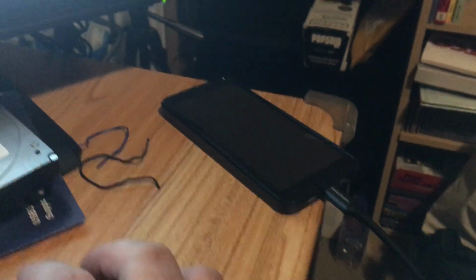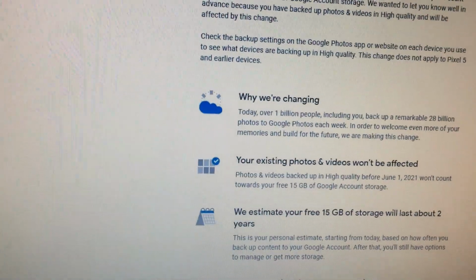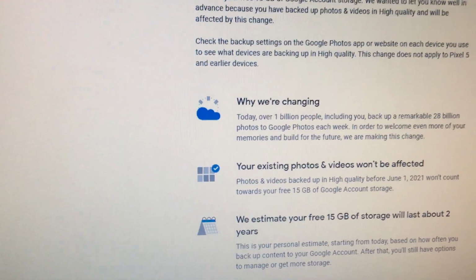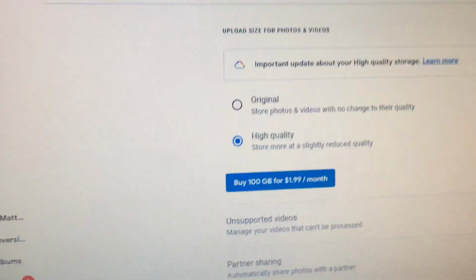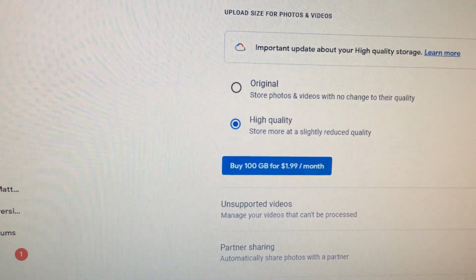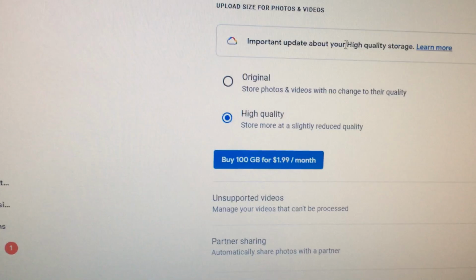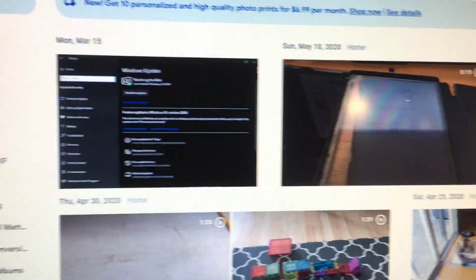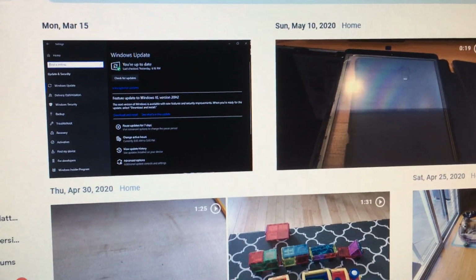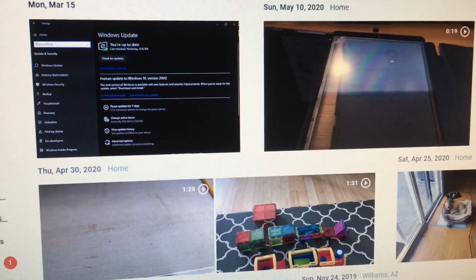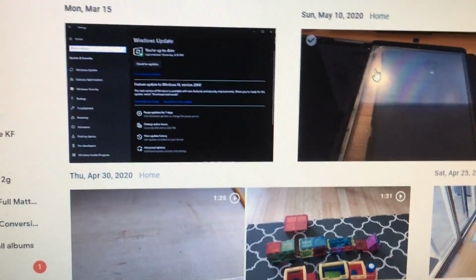The nice thing is I have a Pixel, and so that will allow me to upload high quality photos and videos without any addition to my storage. So if you want to retrieve your photos from Google Photos, one way is to obviously check mark and then click download. But if you want to retrieve like all the photos,